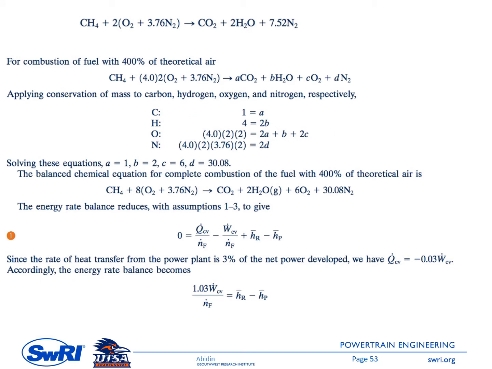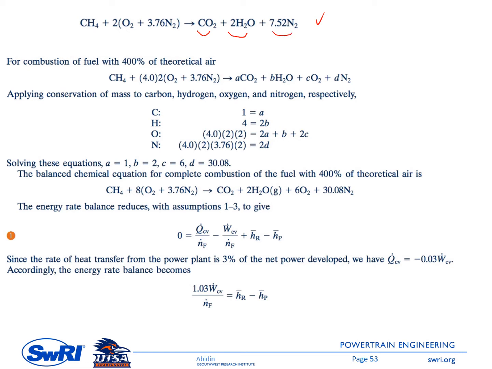The first step, we need to write down the reaction of methane with combustion air. The first reaction here is for a stoichiometric or complete combustion. So in this case, we have 1 mole of methane. To have a stoichiometric combustion, it requires 2 moles of oxygen and 2 times 3.76 moles of nitrogen. And on the right side, we have CO2, and then 2 moles of water, and then 7.56 moles of